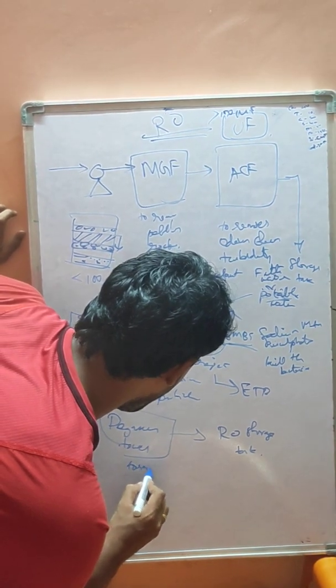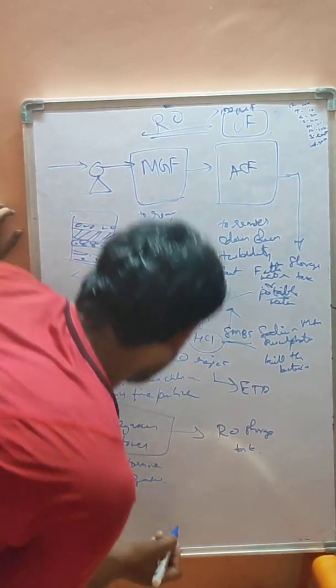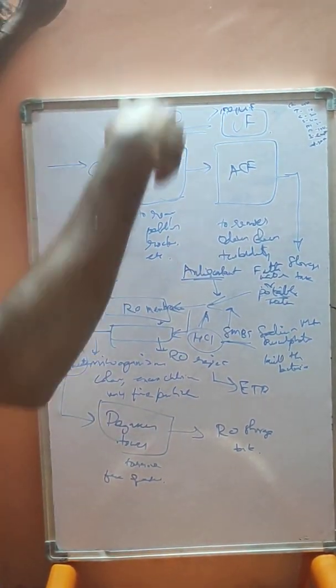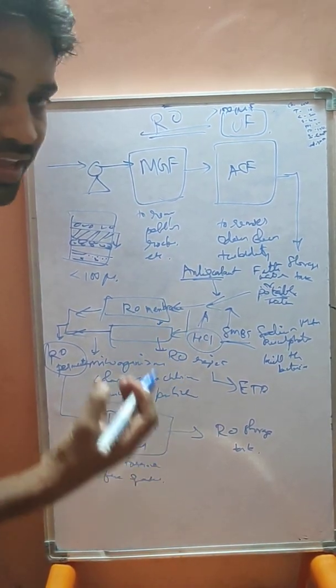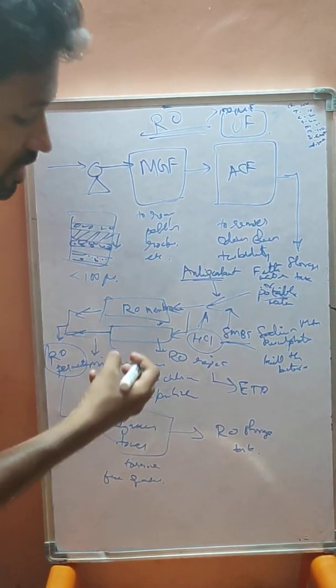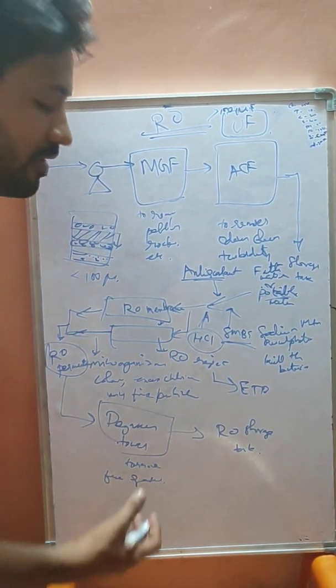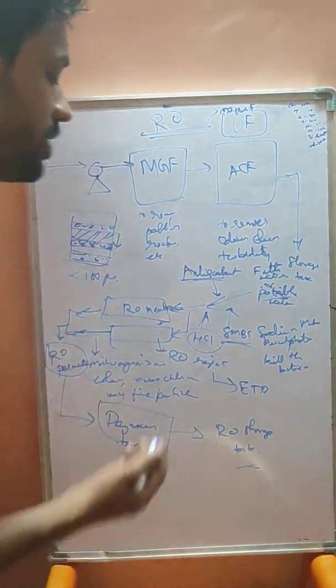To remove gases, free gases. In the degassing tower, nothing special is happening, but the water will be sprayed at the top, so it forms bubbles and all. So the free gases, whatever gas is available in the form of bubbles, will be removed. That's what is happening. So after the RO, we can use this RO water.